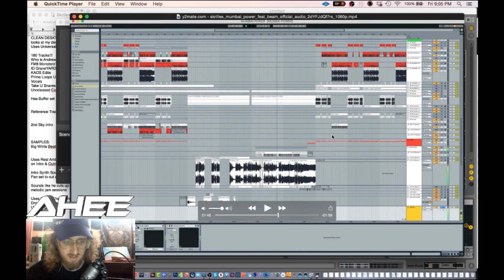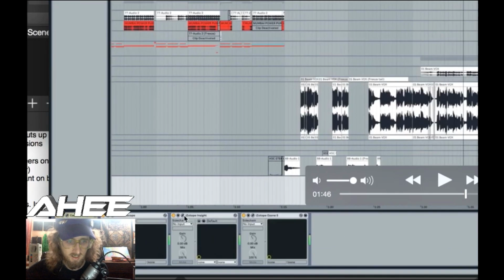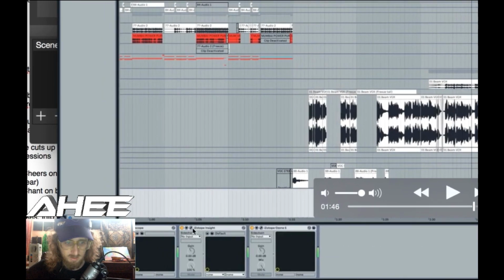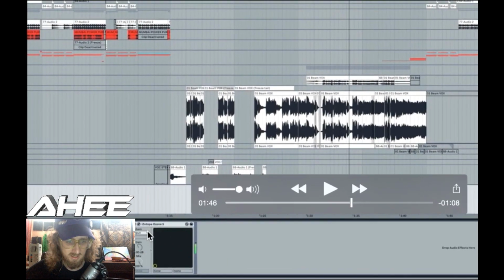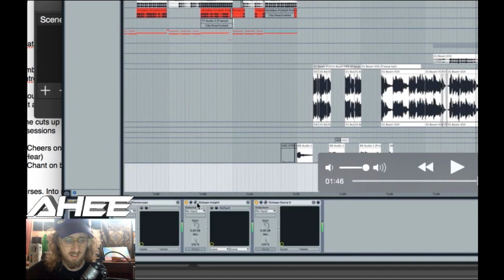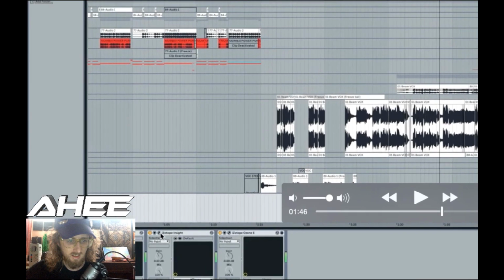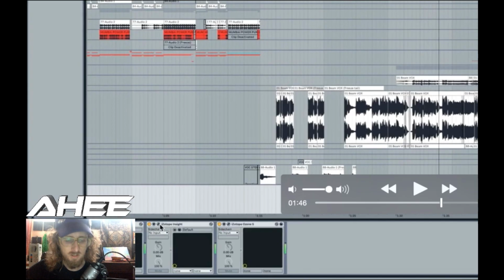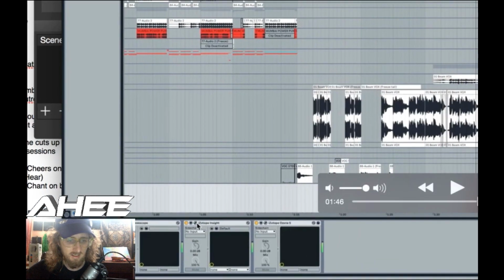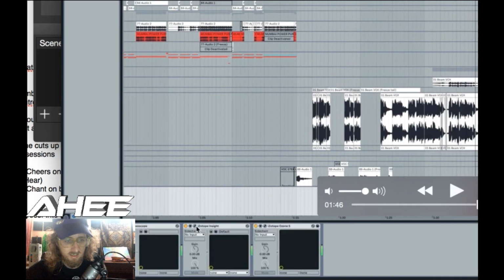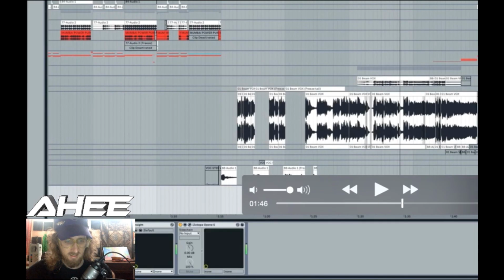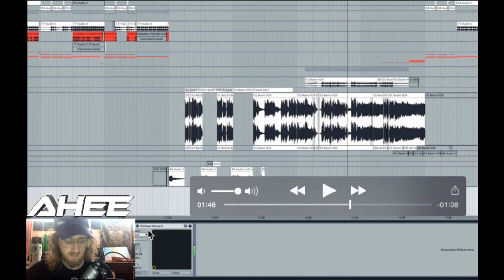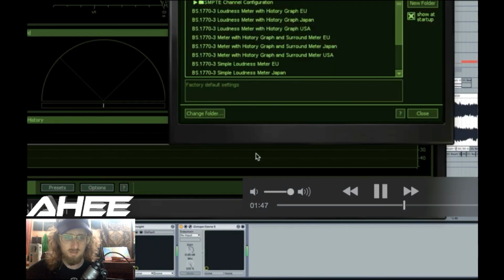Oh, so here he's on the master channel, and we can see he's using Camel Phat on here, which, man, it would be so interesting to see what that setting is, and also to see what this Ozone 5 is doing, not even Ozone 8. And then he's using that to monitor the wave shape. If I had to guess, this thing is acting sort of as a limiter and doing a little bit of saturation. And this thing, I don't know what it's doing, because if we look at this, it opens up,